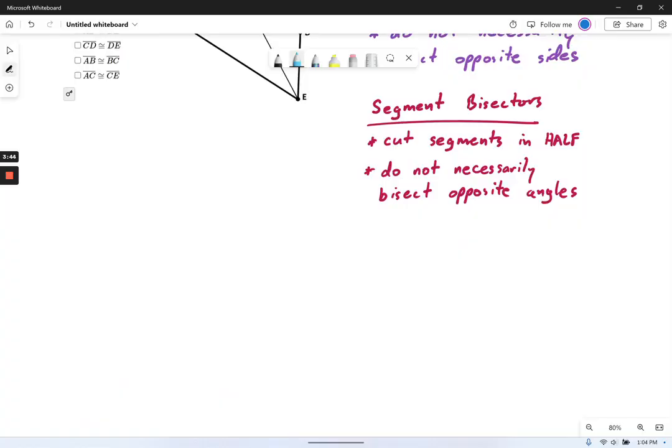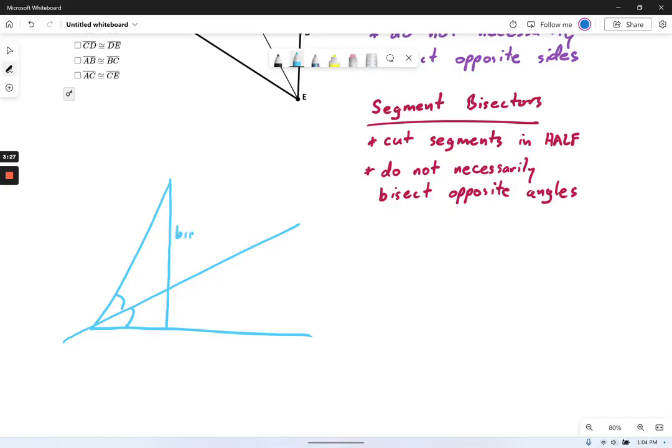If I have an angle right here, and let's say it's bisected, okay, so I'm trying to draw it so that these angles are equal. And now imagine that I have a triangle that looks like this. Okay, you can see, obviously, that this thing is big right here, and this thing is small. So that angle bisector didn't do anything to the sides that were opposite the angle. It doesn't mean those sides have to be equal to each other. Sometimes they are, sometimes they aren't. I'll show you an example where they are equal, and we'll talk about that briefly.